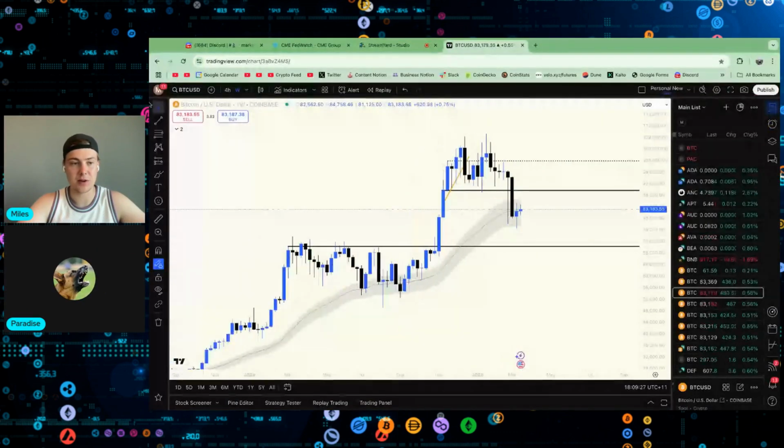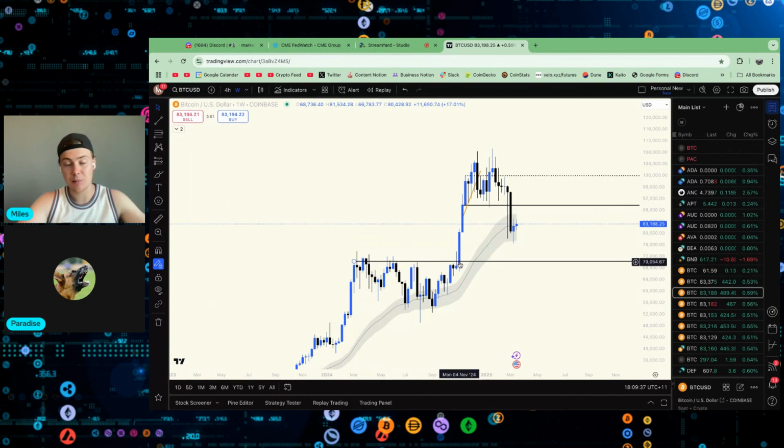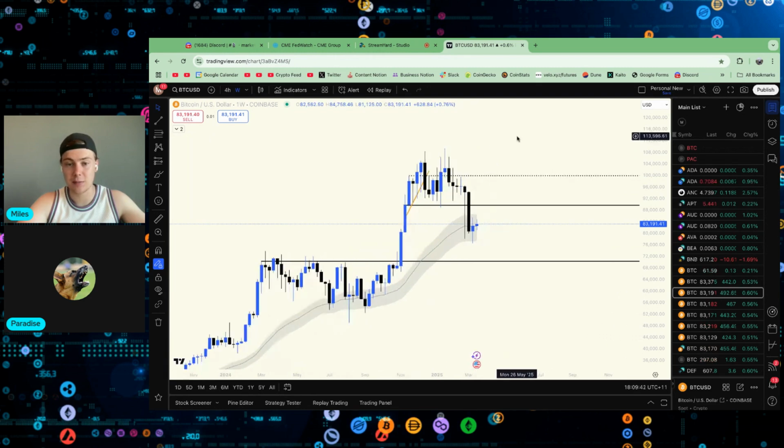I'll pull up my chart on Bitcoin. Obviously, we're kind of at the line in the sand in terms of the money noodle, which we spoke about last week. And then your next major support is 70K. This was the clear breakout level and resistance level for months and months and months during that summer chop